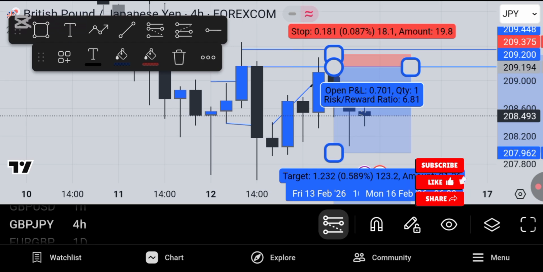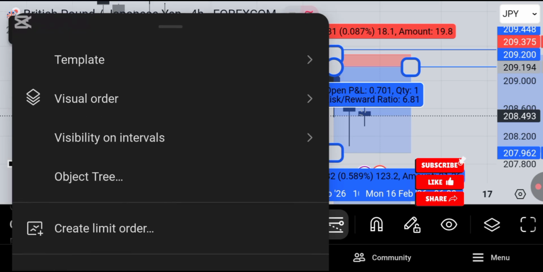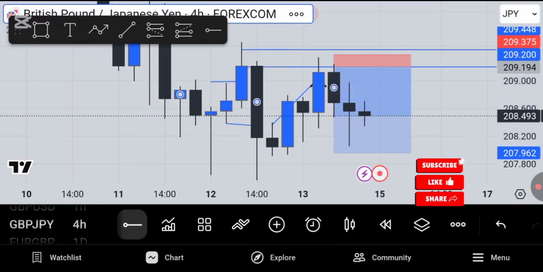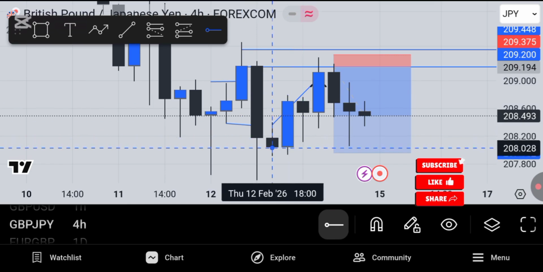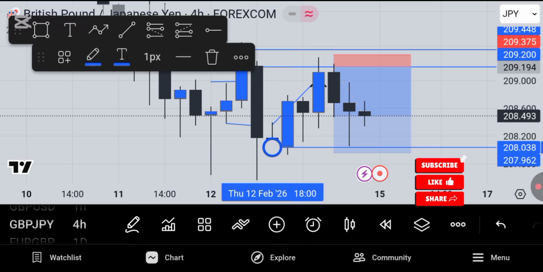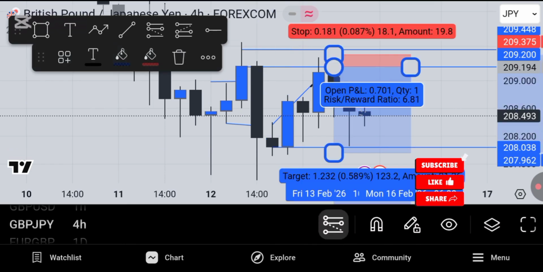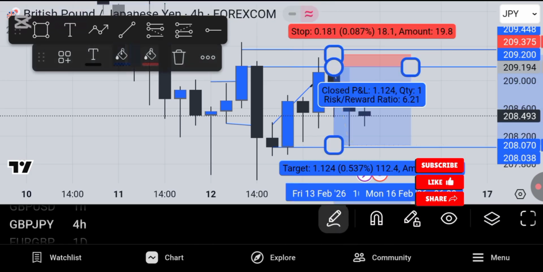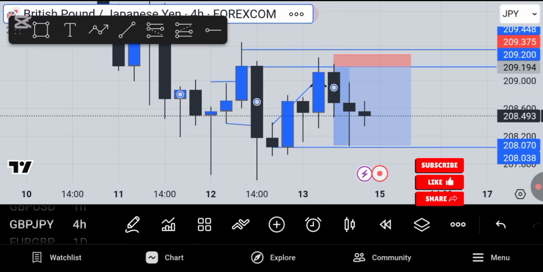Where is our take profit? Our next point of interest, which is right here. Let me draw the line so we'll draw it perfectly. This is our next point of interest right here. Boom. So our take profit will be right here. Boom. You can see a sweet 1:6 RR on GBP JPY, and it was sent live in my